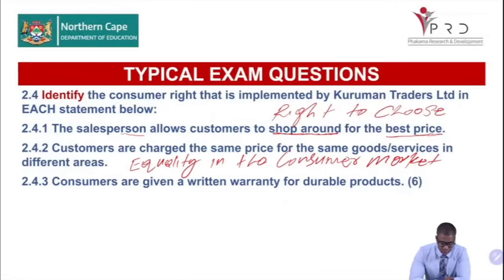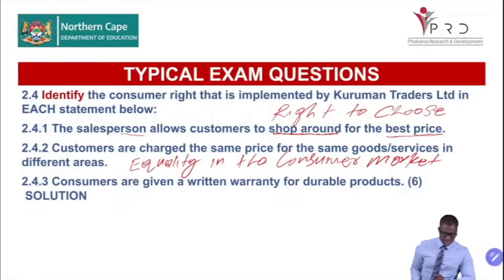So when you look into that, it says consumers are given what? A written warranty for durable products. What is a written warranty? A written warranty satisfies the idea that whatever product we are buying as a consumer, the product is reliable and it's going to last for a very long time, which then talks to the consumer, that we say is fair value or good quality, because the business here is making the consumer feel safe to say whatever product we are selling to you is good value and is fair value